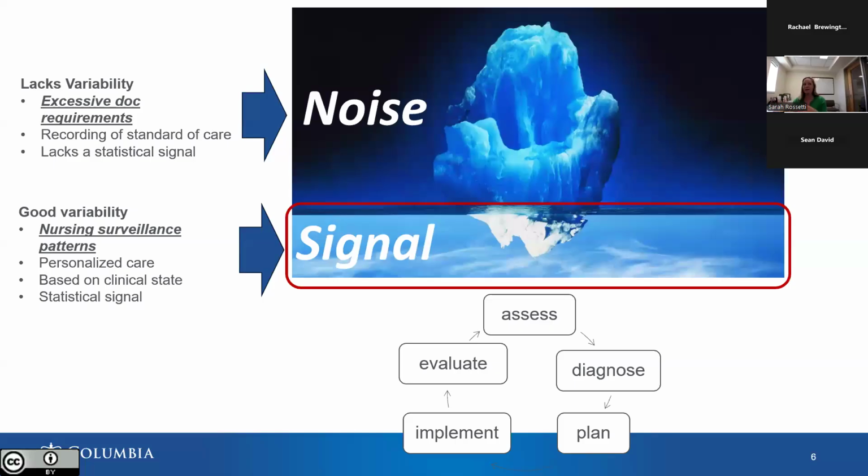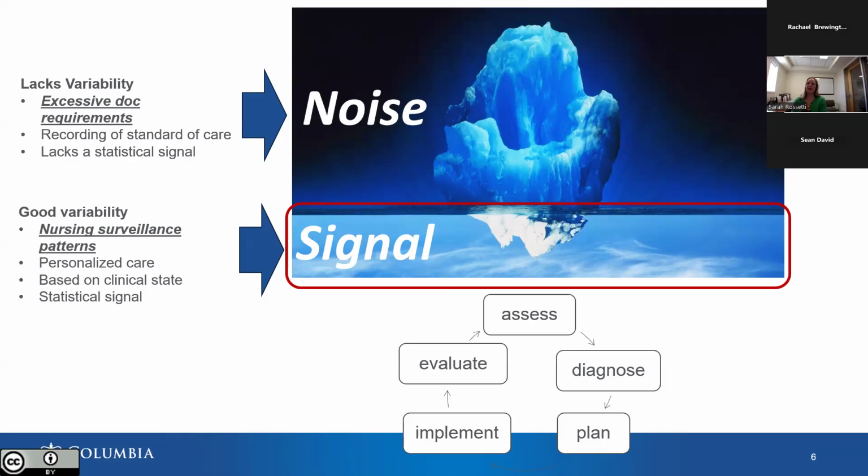And the plan of care for nursing, we know, the structure of it really doesn't provide overall direction around what that patient's problems are. In my research, we've spoken with nurses to a very large extent around this problem. They still absolutely engage in care planning, but the care plan structure in the EHR, by and large, is not reflecting those actual decisions. And so these data end up with a lack of a statistical signal.